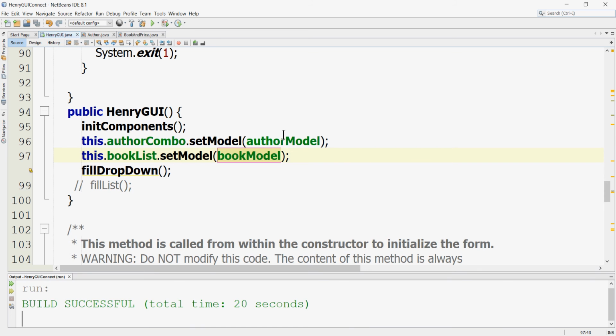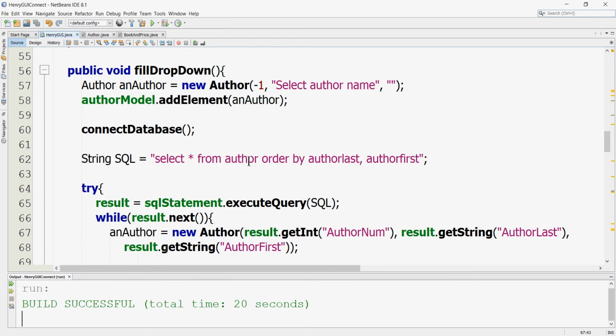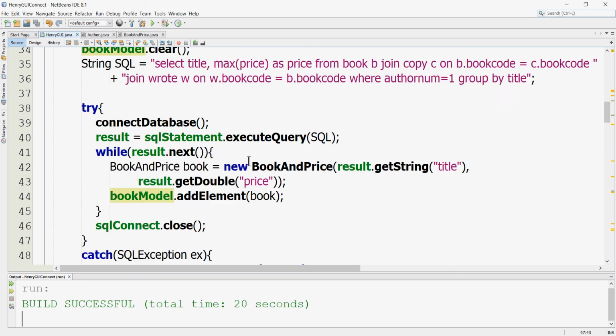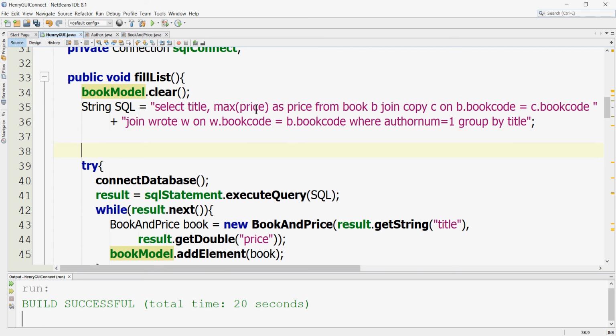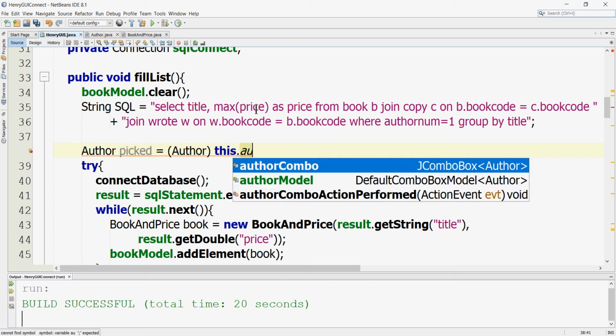All right, so let's do so. I'm going to need to create some variables, and I'm going to need to modify how fill book list runs. So we'll go up here to fill book list, or excuse me, fill list, and I'm going to create a new variable of type author. And I'm going to pull out of the author combo